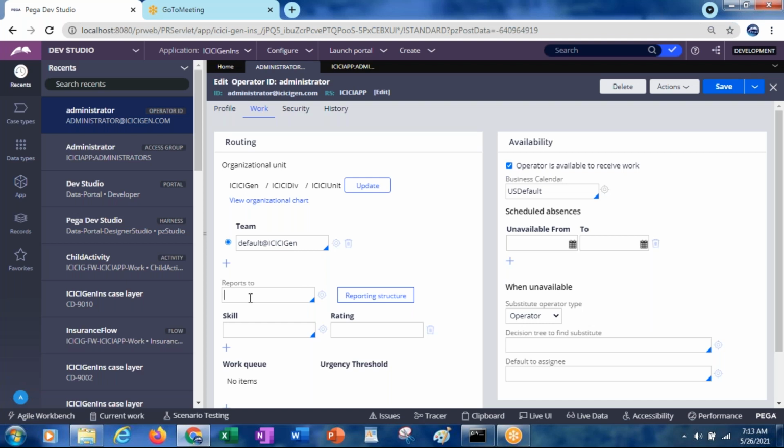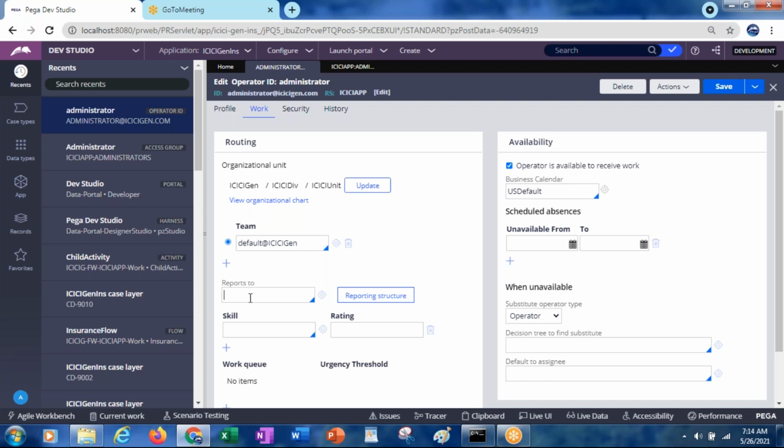That means to whom this operator is reporting, like a manager. In general, when an employee applies for leave, it goes for manager approval. So who is your manager, you can specify here, in reports to. That person will again have one more manager, and that also you can specify.